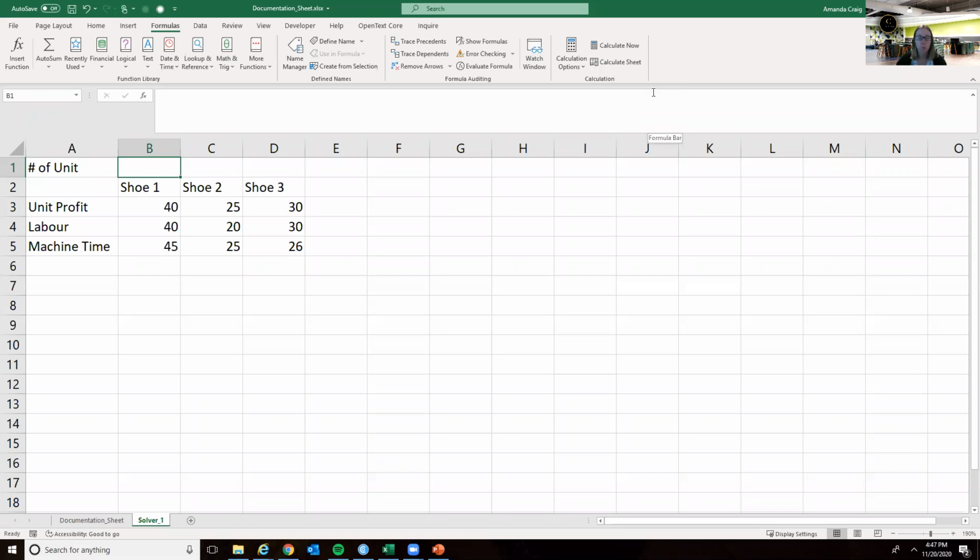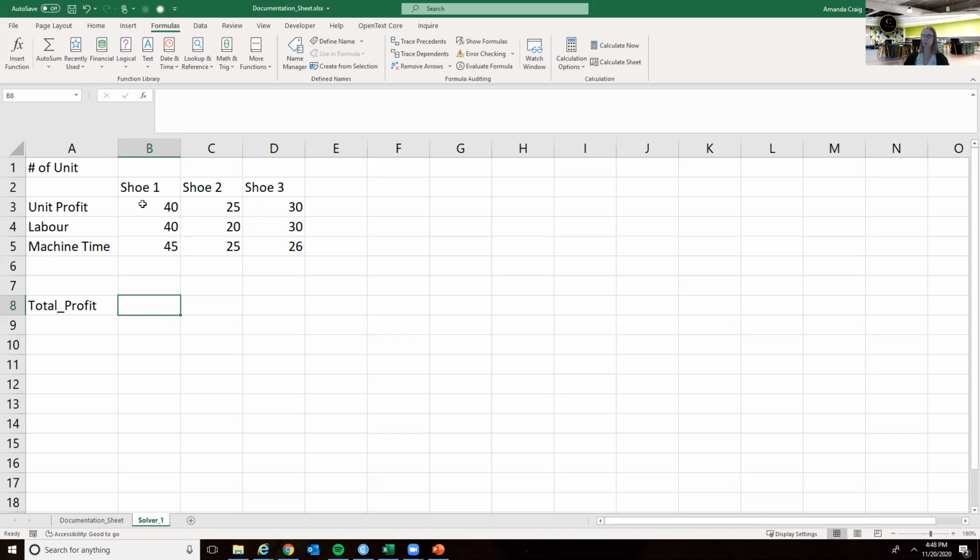So one of the first things that we're going to do is look at adding some formulas in here to calculate our profitability. So I'm going to add that down at the bottom here, and I'm going to call that total profit. And how that is going to be calculated is by multiplying the number of units made by the profitability per